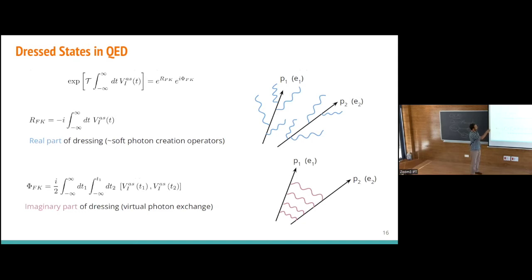We can do a little bit of math, and we can trade this time-ordered exponential, sorry, the t should be outside here, into two factors: e to the phi, which is morally speaking just the integral over all soft photons exchanged between two external legs of the S matrix, and e to the R, which is basically the generation of the retarded field that's created by the outgoing charges moving along a straight line into infinity. So the combination of these two factors gives me exactly the dressed states, which give me a finite S matrix. Questions about this?